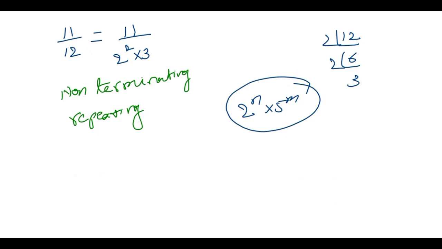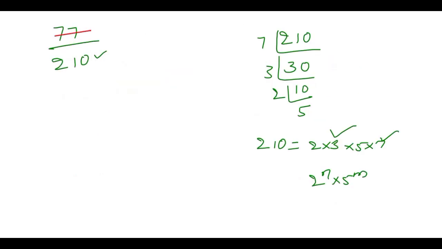So directly we split the denominator by prime factorization, and we decide whether it is terminating or non-terminating. But in this one, you can cancel by the 7 table. 7 11s get cancelled, 7 30s get cancelled. Okay. Now